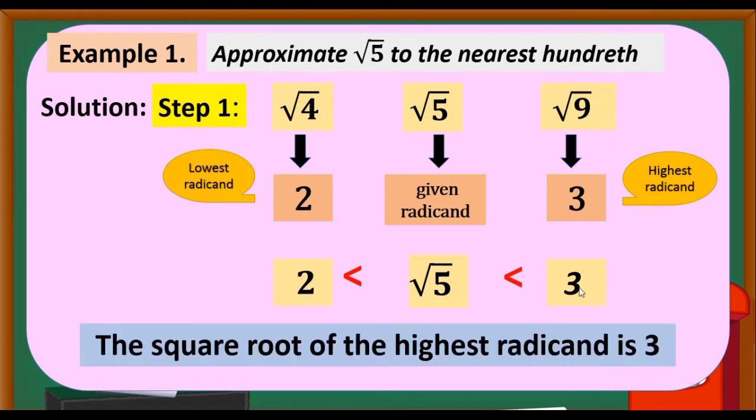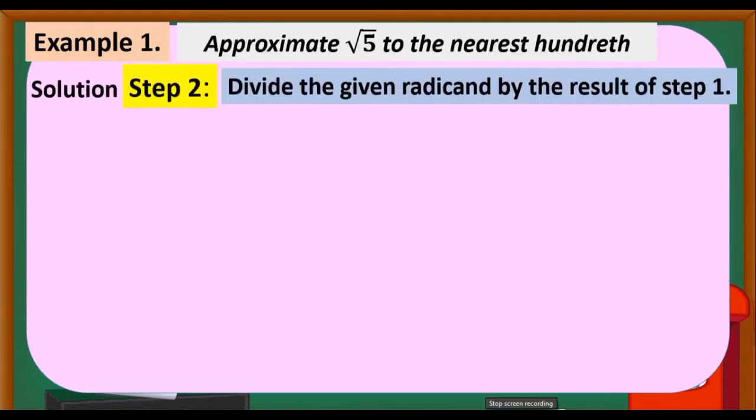So, the square root of the highest radicand is 3. So we take 3. Remember, in step 1, what we got is 3. So, let us have step 2. We have to divide the given radicand by the result of step 1. What was our answer in step 1? That is 3. Since 5 divided by 3 is not exact,